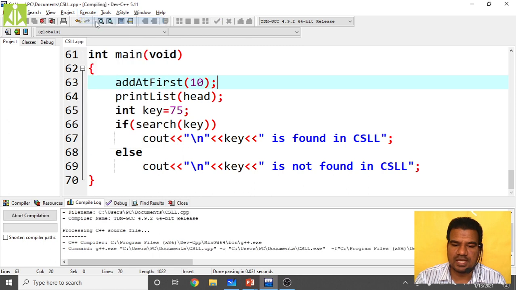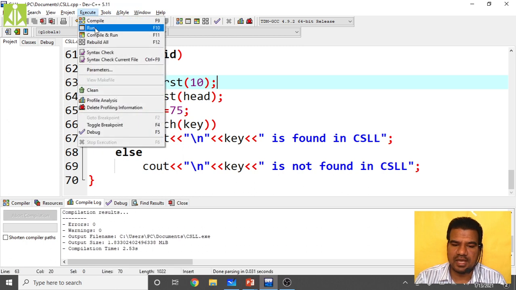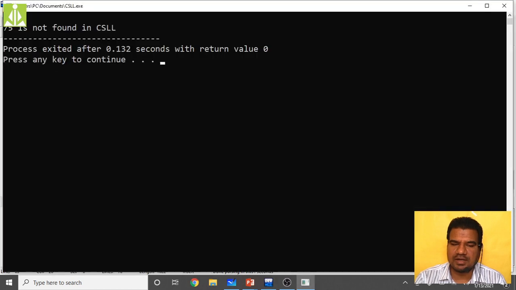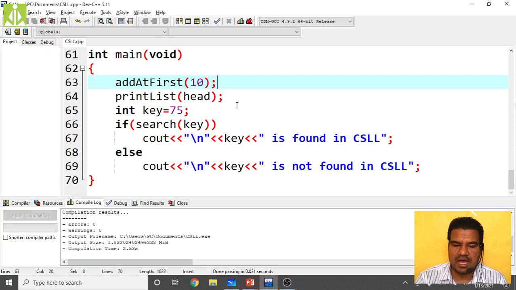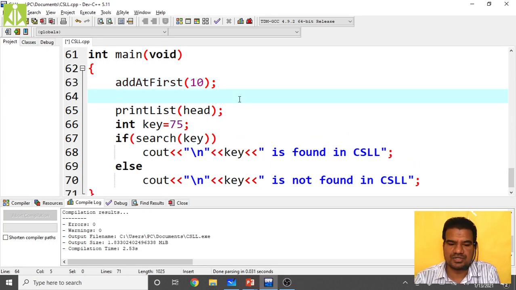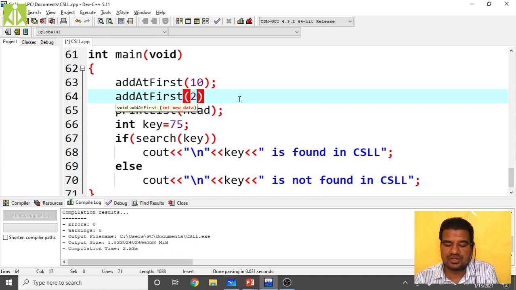Let us quickly see the compilation. We didn't get any issues. Then execution: 10 we have added, so the only node is 10, and 75 is not found in the CSLL. Now add another node using add at first of 20.